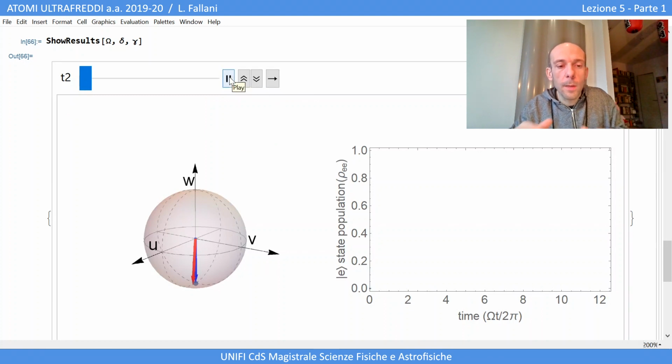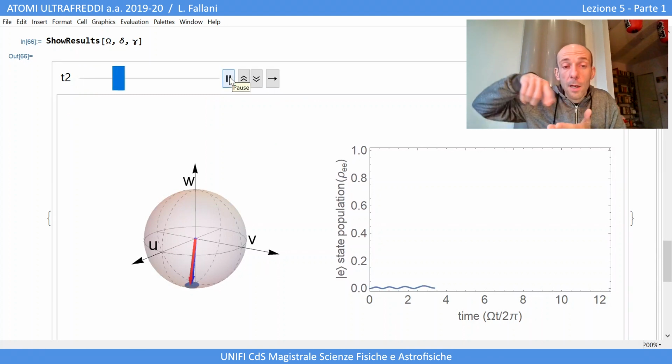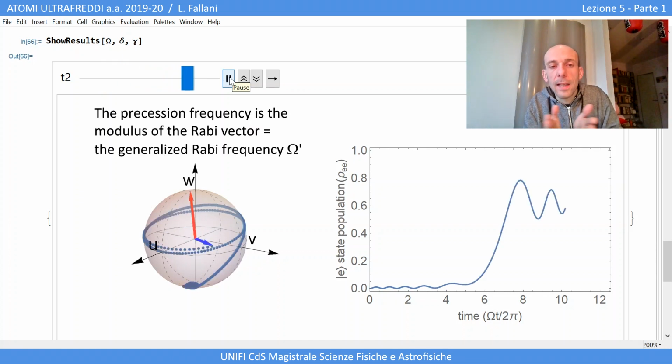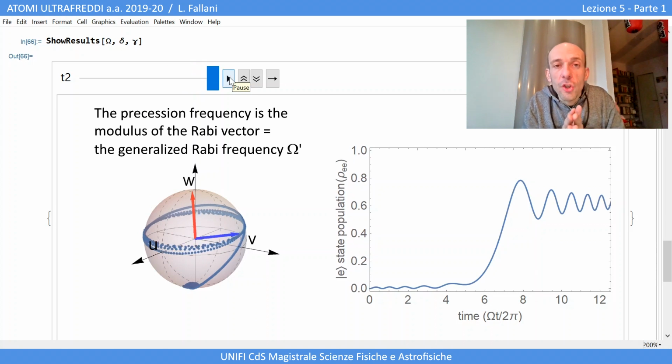So if this sweep is fast compared to the precession period, you can see here that basically the Bloch vector loses the alignment with the Rabi vector, and so you have a final state that is very out of equilibrium, in which the system will keep rotating as crazy along the final direction of the Rabi vector, and the final state is very different from the state at the North Pole, which was the target state for